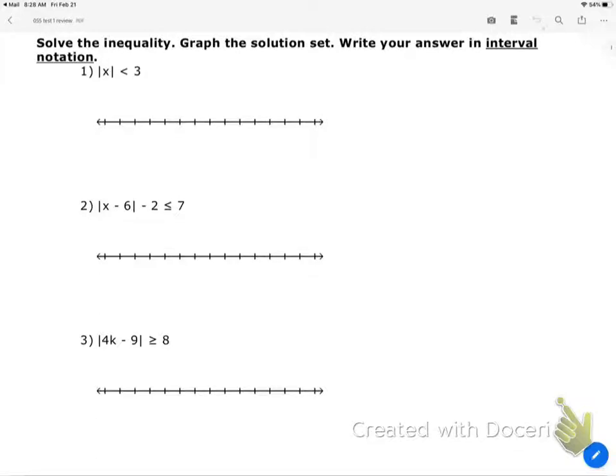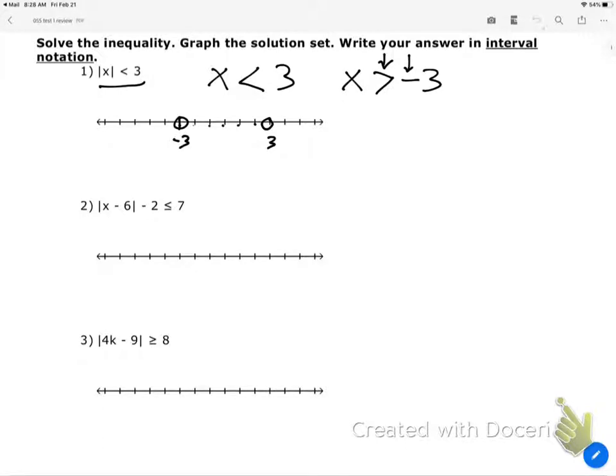Okay, so these are the absolute value inequalities, not equations. So here, x can be less than 3 and x can be greater than negative 3. Again, notice I changed the direction of the inequality and I changed the sign. So if we put that on a number line, 3, 2, 1, 0, negative 1, negative 2, negative 3,